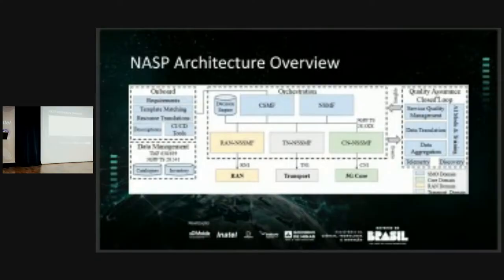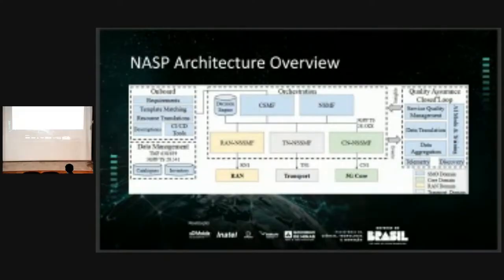The data transmission is different in this part; in the resource translation and the onboard. Because here I translate the information at the low level. In the resource translation, it is more important for the high-level translation. And the data aggregation, for example, one slice or two slices, I need aggregated information to decide whether to accept or not one new slice.